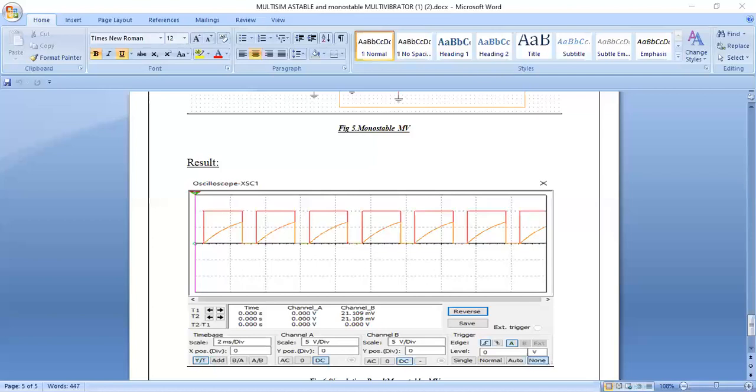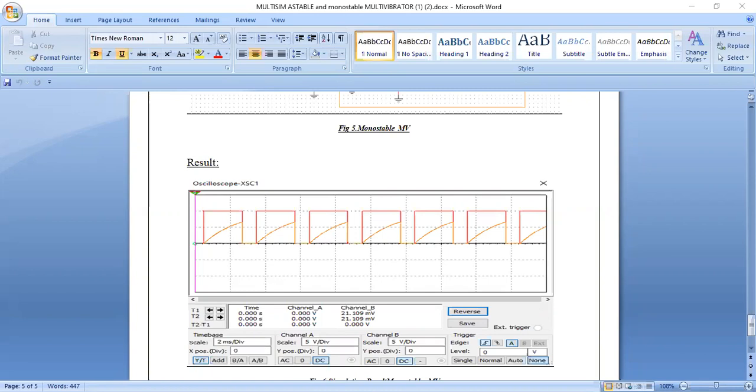Now change the function generator values. Now it is connected. Double click on the function generator, select square waves, and the frequency should be 1 kilohertz. Now for the DC power, make sure that the longer line indicates the positive and the smaller one indicates the negative part, which should be connected to ground. Make the VCC supply 10 volts. Some error is coming. As usual, this circuit had some error, so I rectified it.